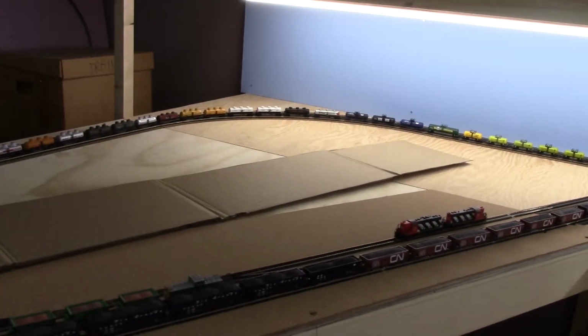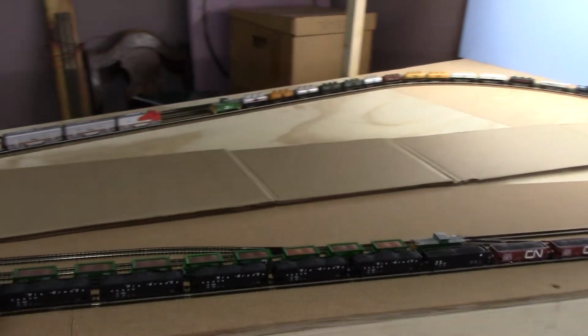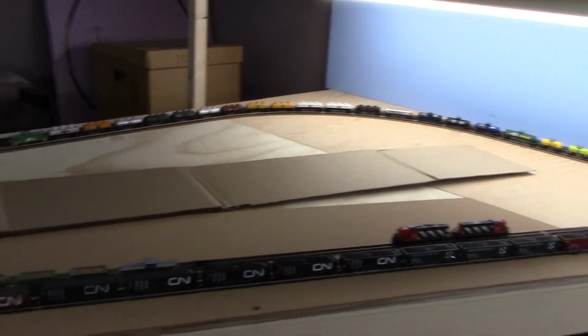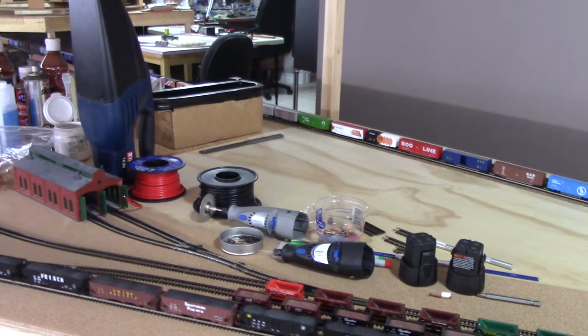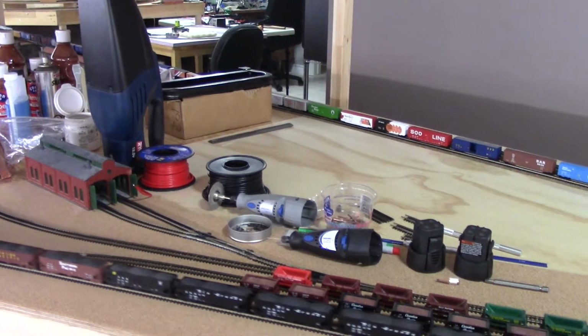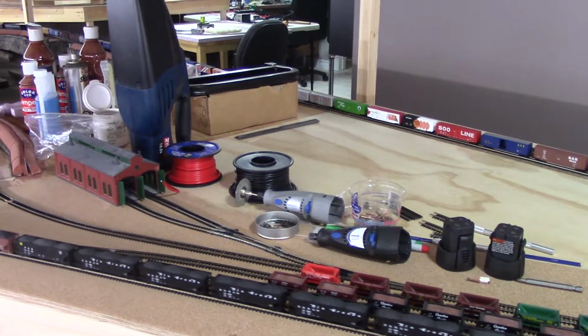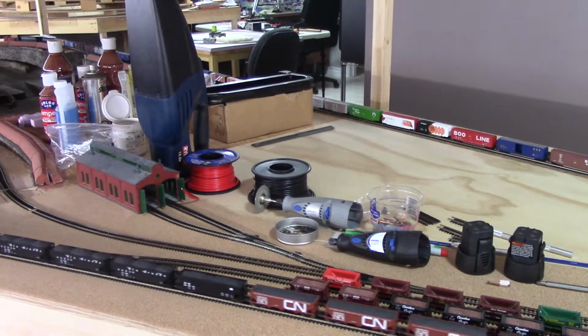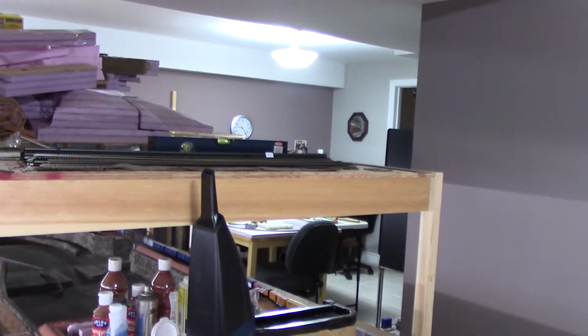I do want to sort out the next bit, which is to get some L brackets hot glued to the cardboard there and see how I want to put my screen block on that section, because though the weather's nice at the moment, it is getting cooler. We're heading into fall,